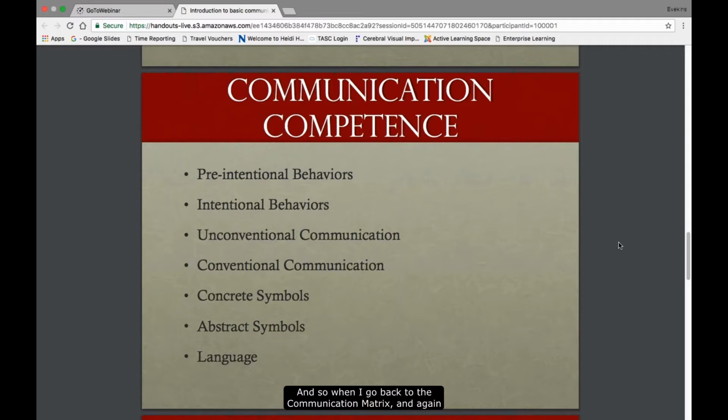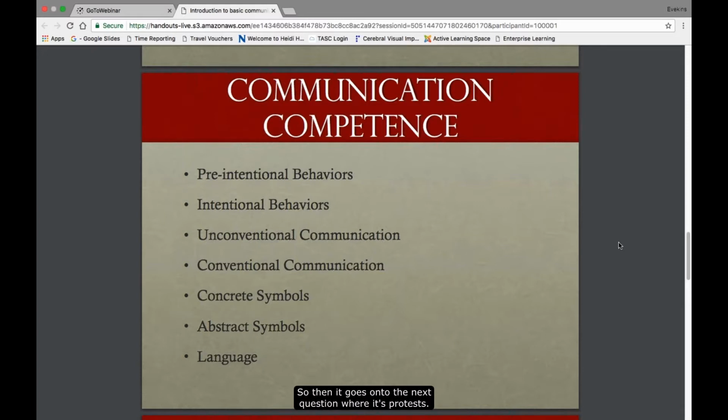And so when I go back to the communication matrix, and again, I'll show you this a little bit in the demo, it'll give you a better idea. It goes through each one of those levels. So I'm going to go back to ways to refuse things you don't want. When we talked about expressing discomfort, can you tell when your child is uncomfortable, in pain, wet, hungry, or startled? If you answer yes, then you say, what is the communicative behavior? What do they do that tells you that's what they're telling you? Is it a facial expression, a vocalization? I would say, oh, it's a vocalization. I can tell by their grunt or by their cry that they're hungry. So I will circle vocalizations here.